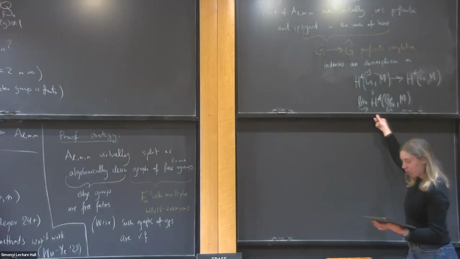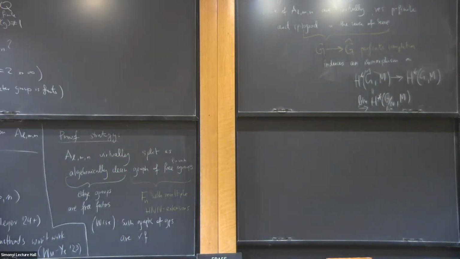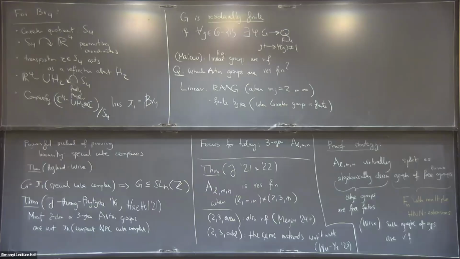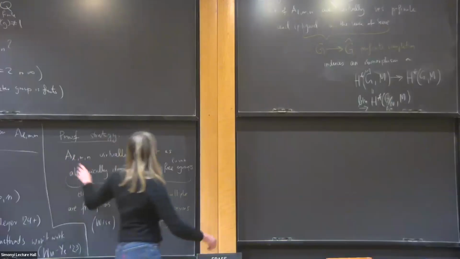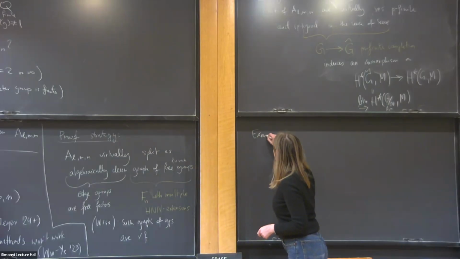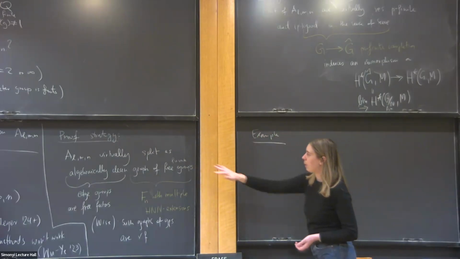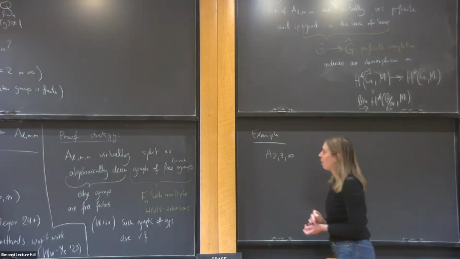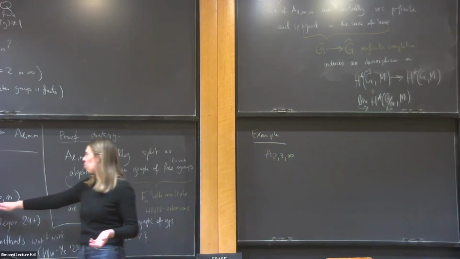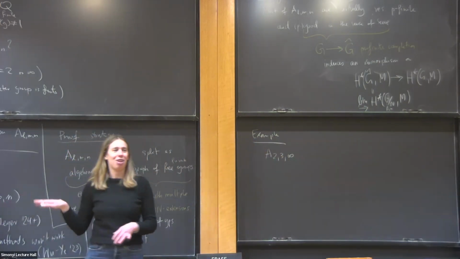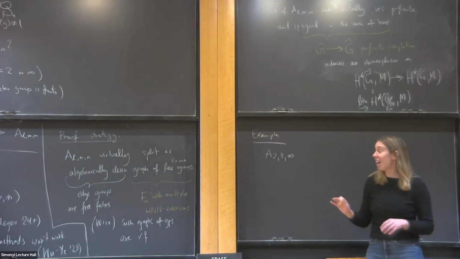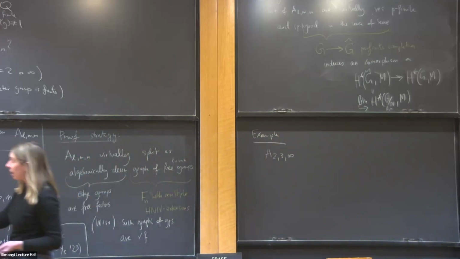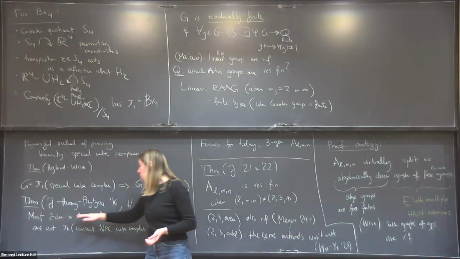Okay, so maybe in the last couple of minutes that I have left, I'll just give you a baby example of this splitting. So I'm going to look at the group (2,3,infinity). I said everything for (2,3,n), but (2,3,infinity) does not fit here. So this is an example where everything works, and it's maybe the easiest example where